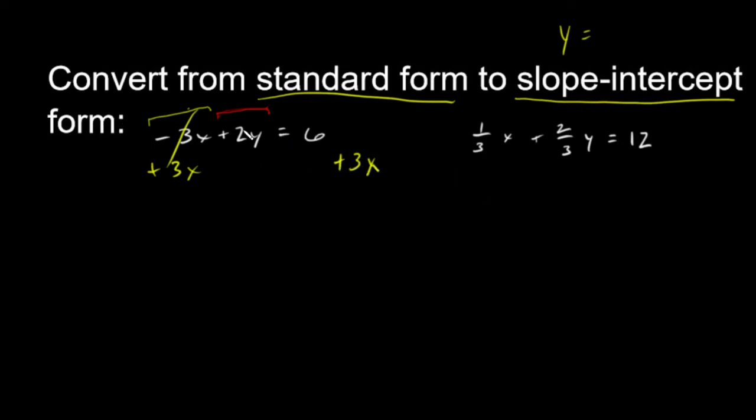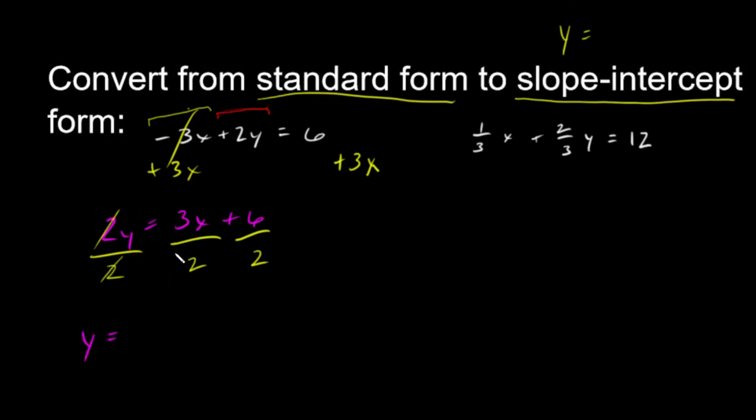That looks like a y. Right? So then you've got 2y equals 3x plus 6. You've got a positive 3x and a positive 6. And now you're just one step away. Now you need to get the y by itself, so you just divide by 2. And here you want to divide everything by 2. Divide by 2, divide by 2. And you get